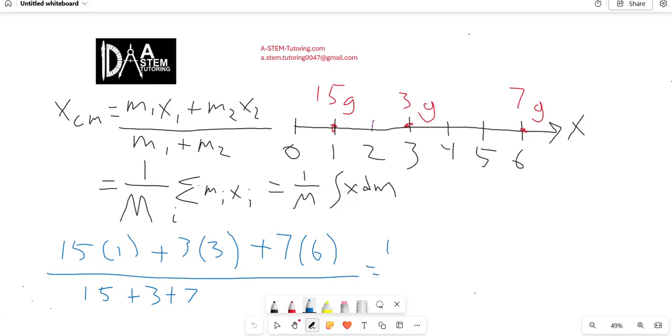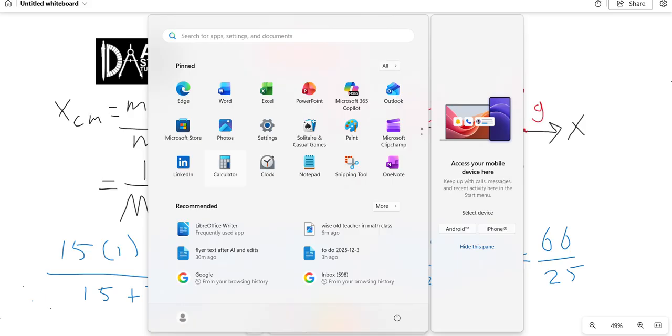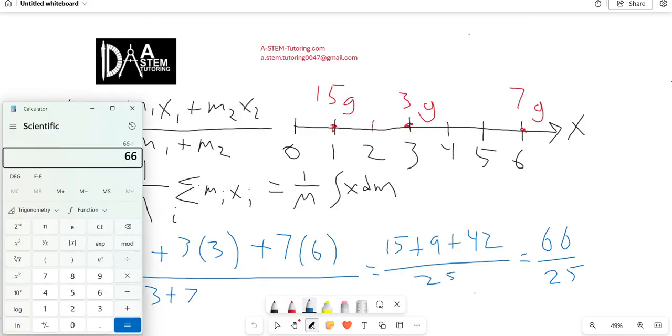We have 15 plus 9 plus 42, all divided by 25. So that equals 15 plus 9 is 24, plus 42 is 66. 66 over 25. Now we'll pull up our calculator. 66 divided by 25 equals